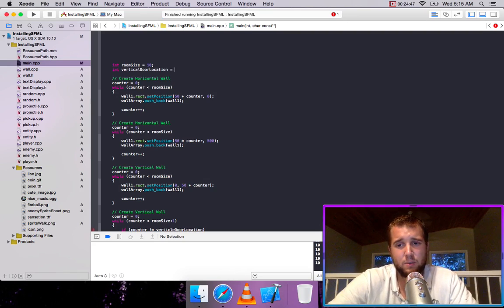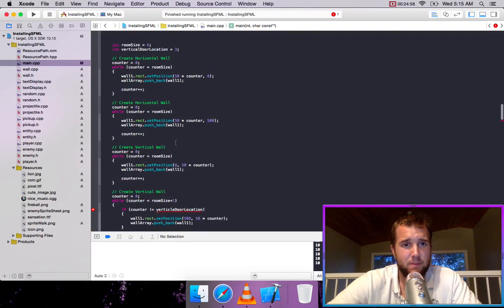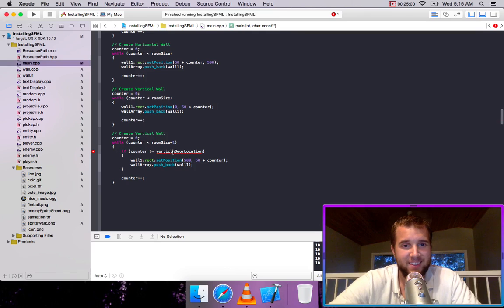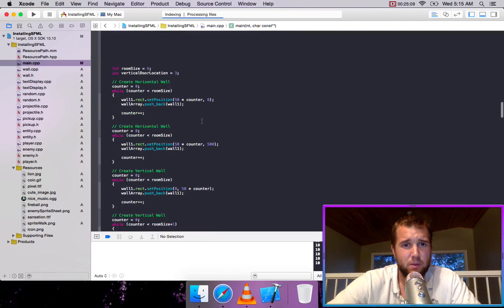We can set that equal to, let's say, 3. And what if we want to make the room 6 big? I spell vertical. Vertical door location. And so